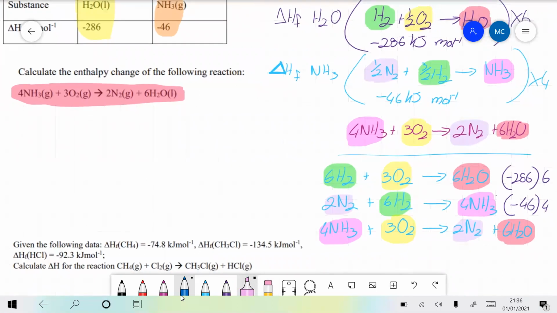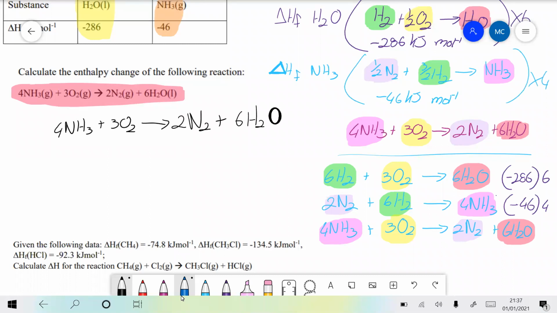So now it's time to draw all of these in a cycle. And I love starting with the reaction that I have as an unknown. So 4 NH3 plus 3O2 to give N2 plus 6H2O. And then I pick and say, listen, the nitrogen, there are 2 reactions to give off the nitrogen, the